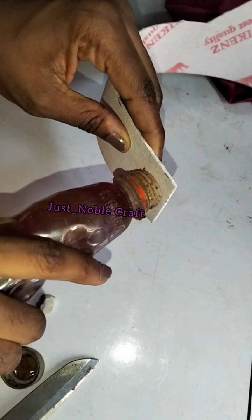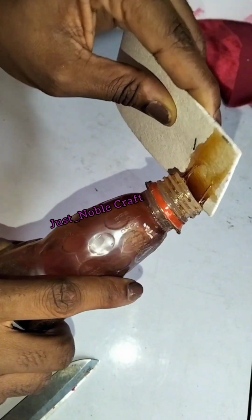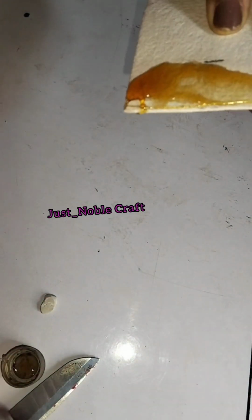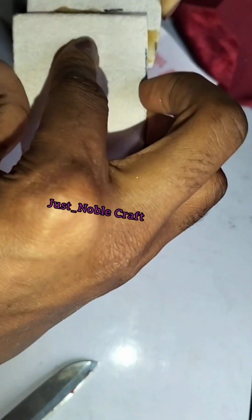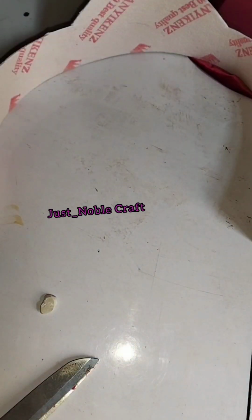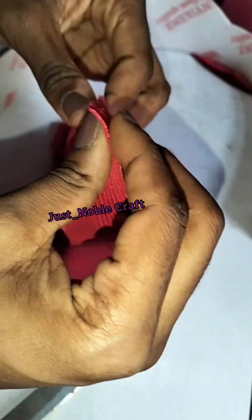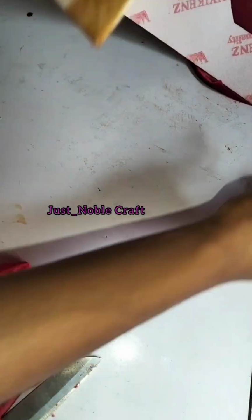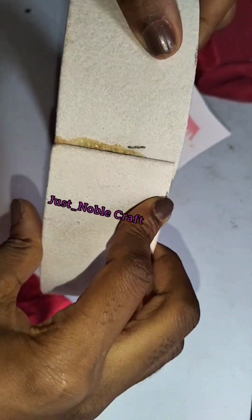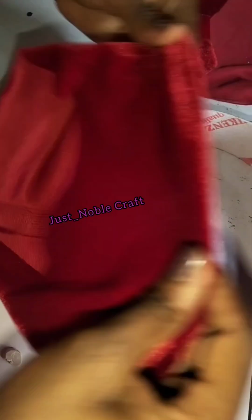So now I'm going to put my gum on that 1 inch section. I'm not supposed to do what I'm doing, but I just did it. You're supposed to use a brush to get your gum, so allow it to dry a bit before we gum it together. Then we'll go and stitch the other edge on the sewing machine. You come back, you place it together, and you see that it will gum. Then you fix the material,